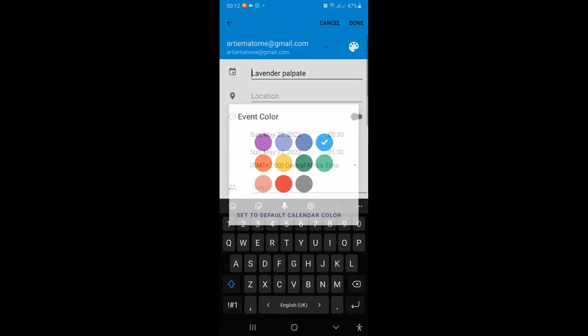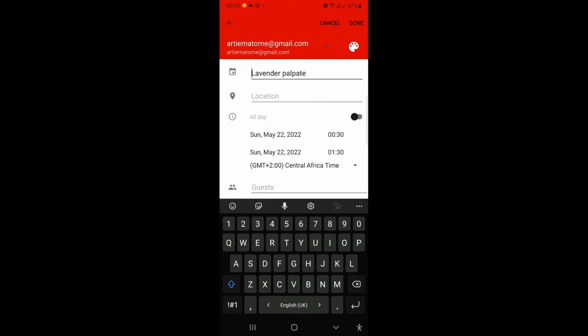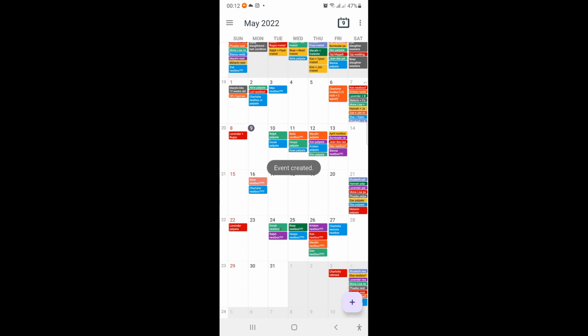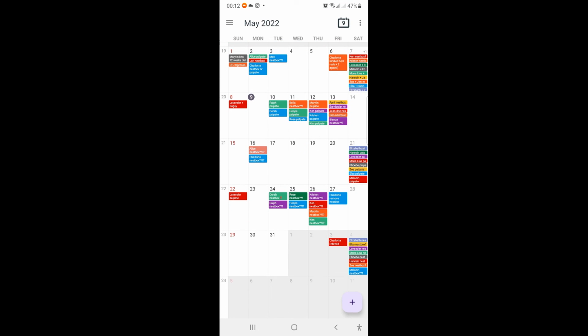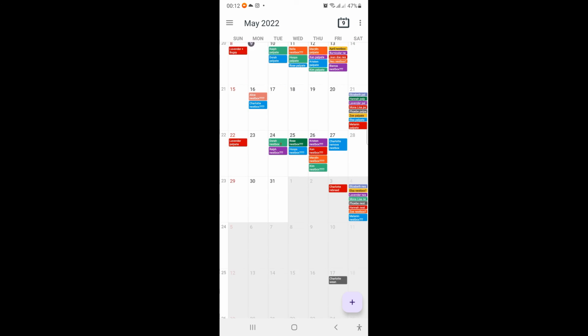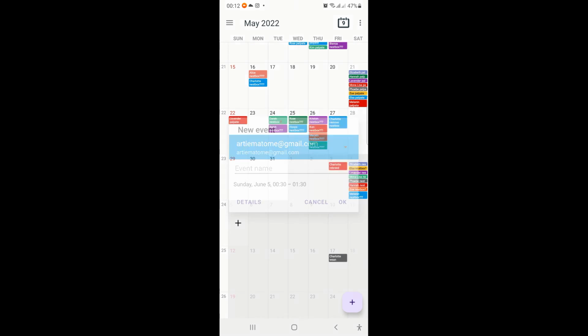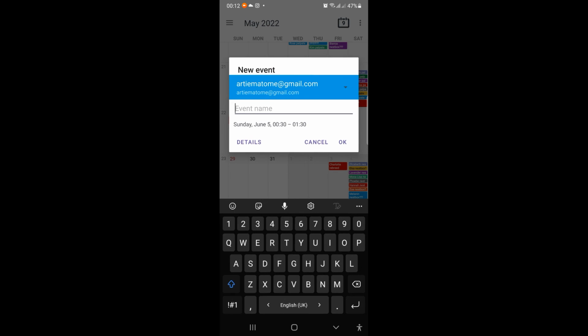Just shorten it up. And then another 2 weeks, that's 4 weeks, 28 days. Lavender